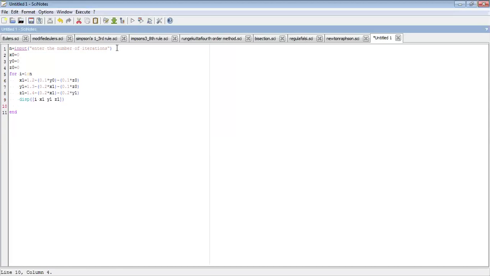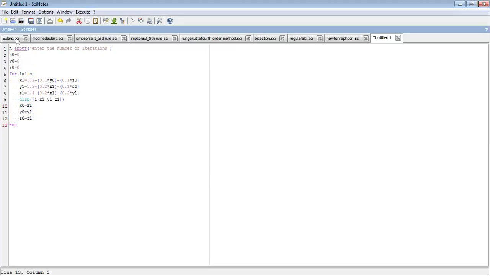Then to perform the next iteration, again we take the values of x0, y0, z0 stored as x1, y1, z1. So x0 is now x1, y0 is now y1, and z0 gets the new value, that is z1, and that way we end this for loop.